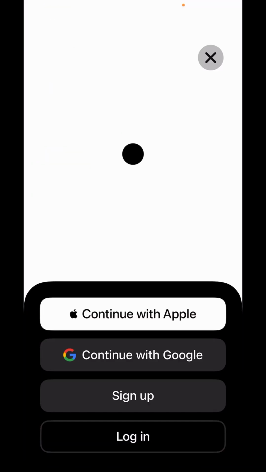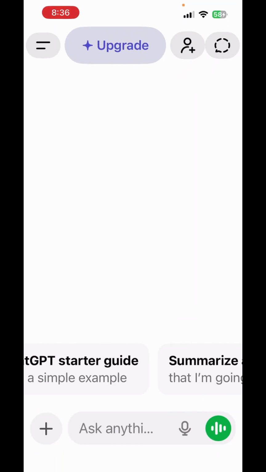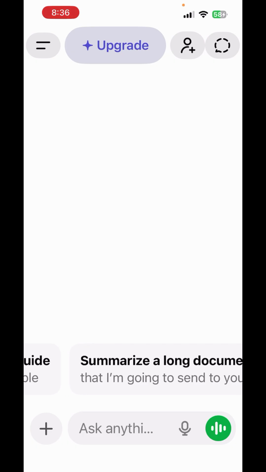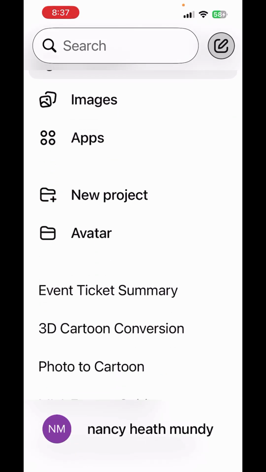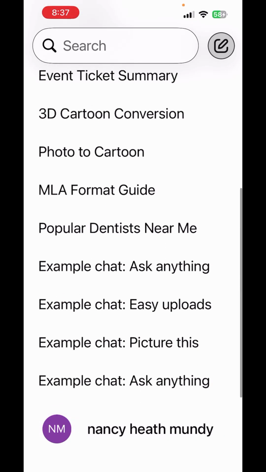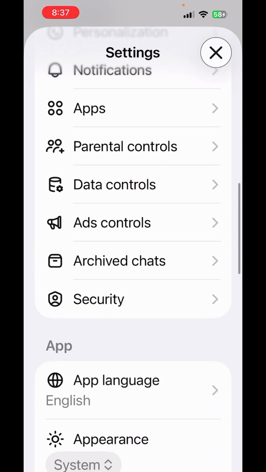I'm going to log in. Now that I'm logged in, ChatGPT is suggesting things I might want to do. Before I get to work, I'm going to tap on the menu in the top left, just so that you can see I do have previous projects, previous chats, and down at the bottom,